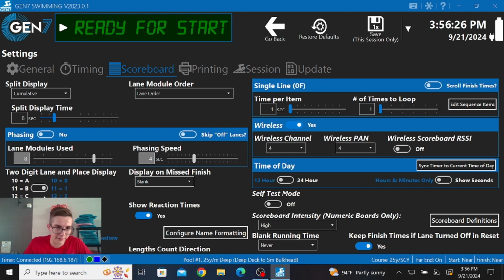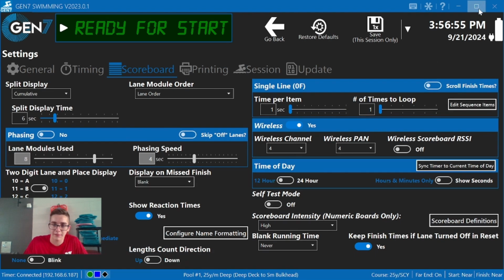What's next? The 2-lane place and display. Our board, again, this is more for a single line board or a board that doesn't have a whole lot of interval stuff on it, so we don't really need to worry about that. Clear lanes after the race, I would keep that for the times where, once you hit the next heat and save and finish, it's automatically going to clear them. I would leave that on or off. That way your swimmers can still look at the board until the next heat starts to figure out what their time was and how fast they